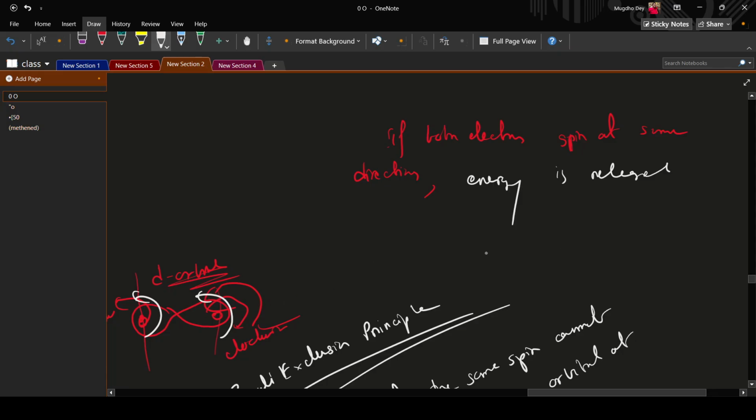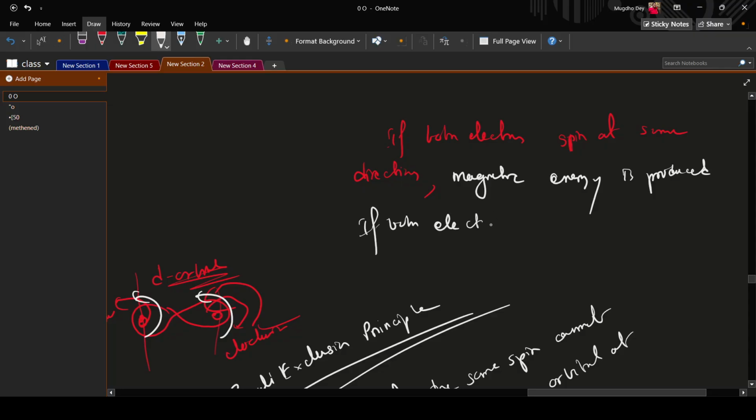In other words, magnetic energy is produced if both electrons spin in the same direction, but if they spin in opposite directions,